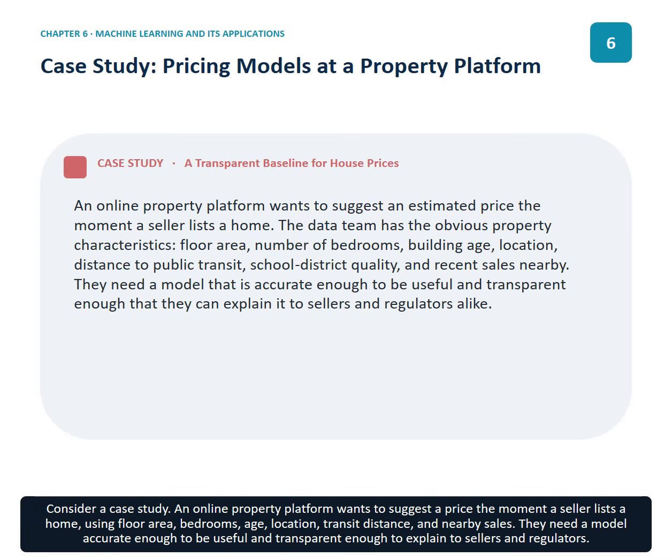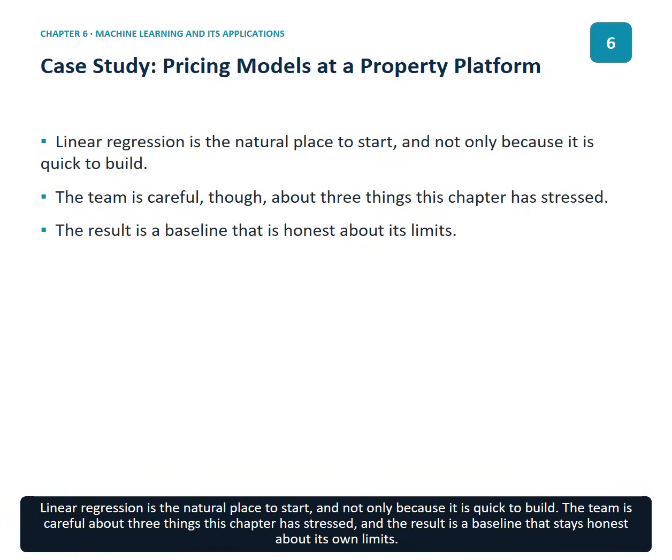Consider a case study. An online property platform wants to suggest a price the moment a seller lists a home using floor area, bedrooms, age, location, transit distance, and nearby sales. They need a model accurate enough to be useful and transparent enough to explain to sellers and regulators. Linear regression is the natural place to start, and not only because it is quick to build. The team is careful about 3 things this chapter has stressed, and the result is a baseline that stays honest